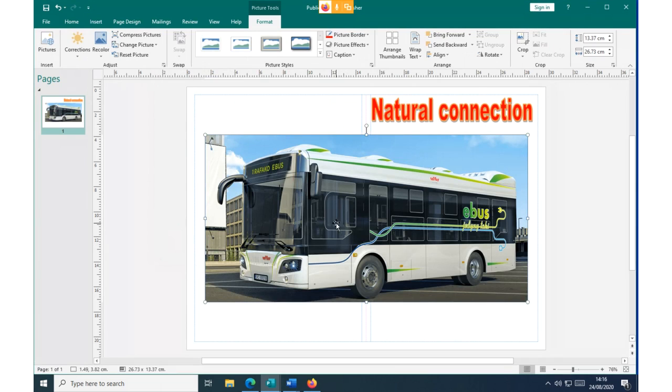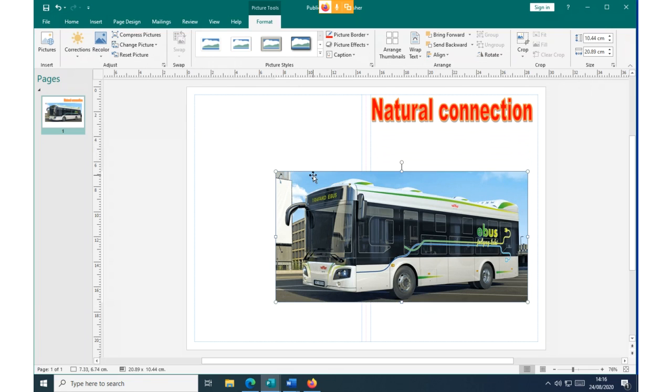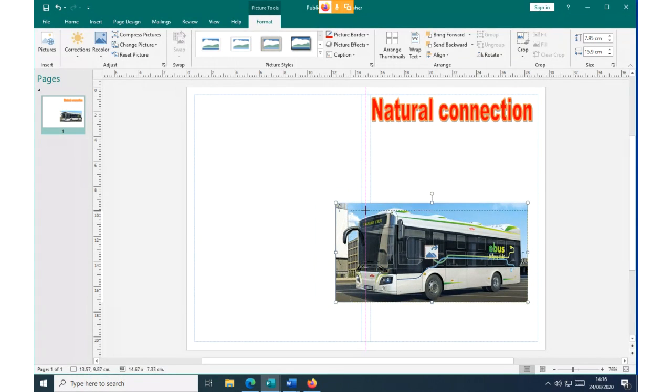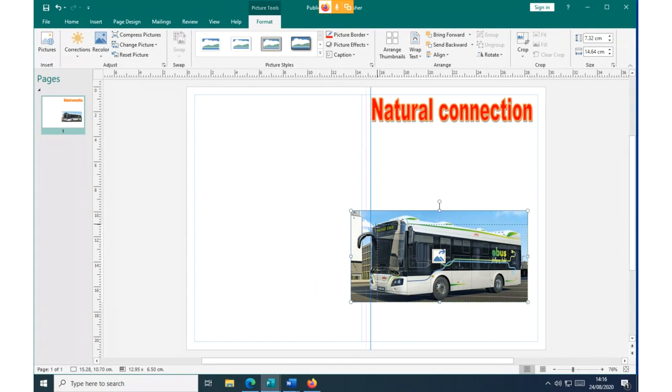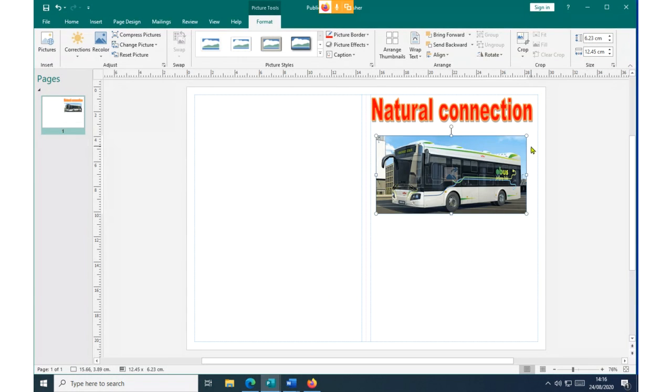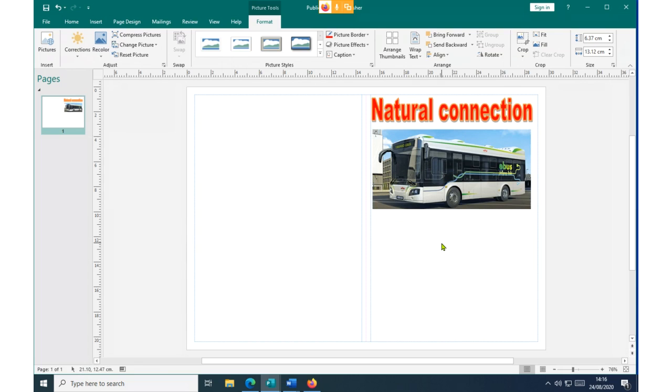So when you insert a picture, what happens? The picture becomes very large. So you simply have to pull it from the side, like that, pull it again, pull it until it can fit the page, and then you move it very proportionally to the level you want that picture to be. Now that picture maybe is the one that is your trademark. You just place it very well within.